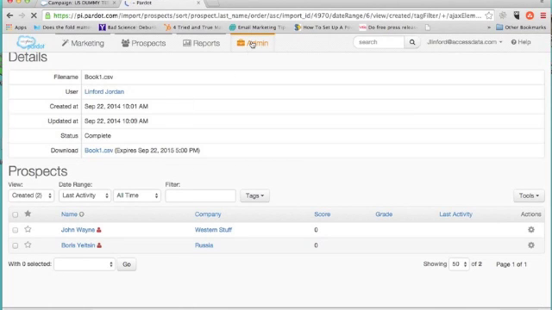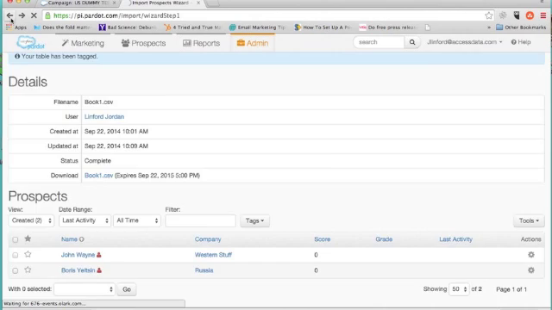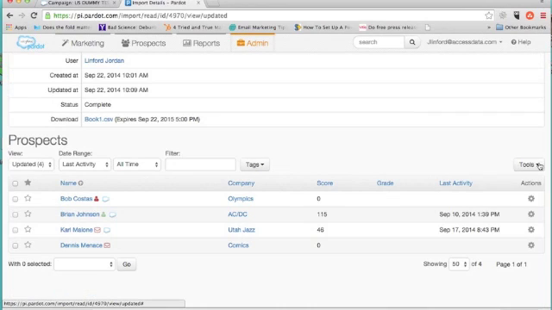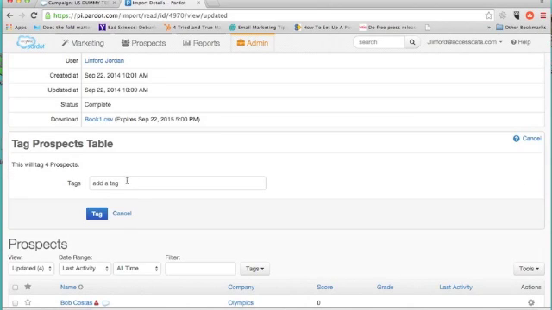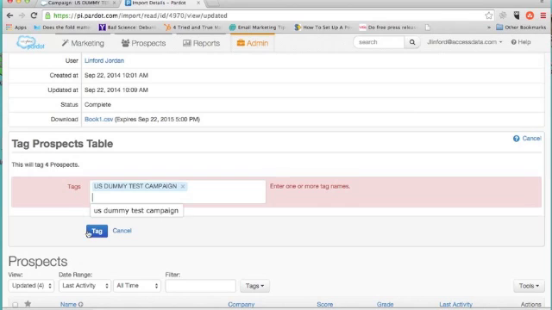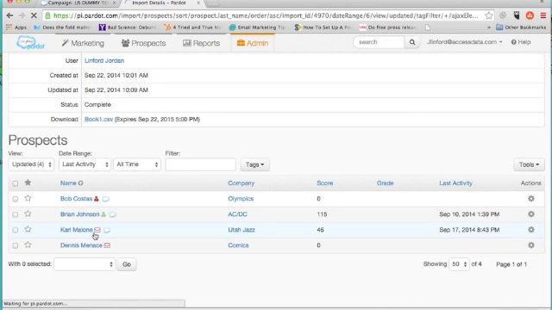Alright, now I'll go back to the imports. Now I will choose the updated contacts. Again, I will tag the entire table with the same exact tag. Oops, forgot to press enter there. Enter and tag. Alright, now everybody that we just imported has been tagged with a unique tag that we will now use again